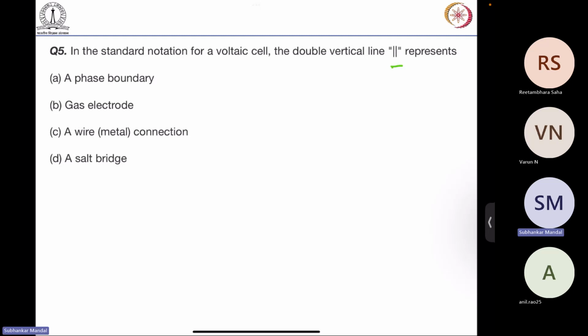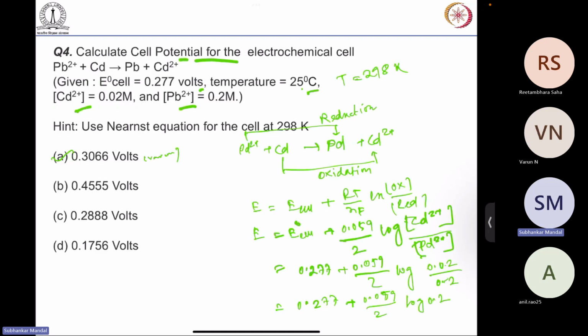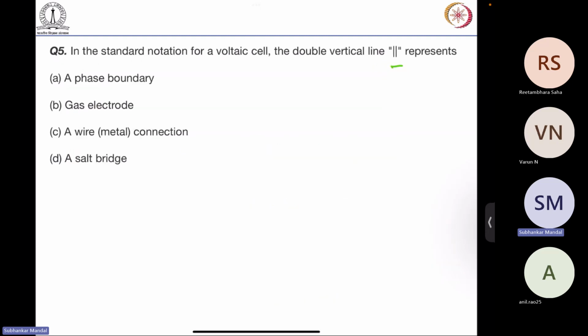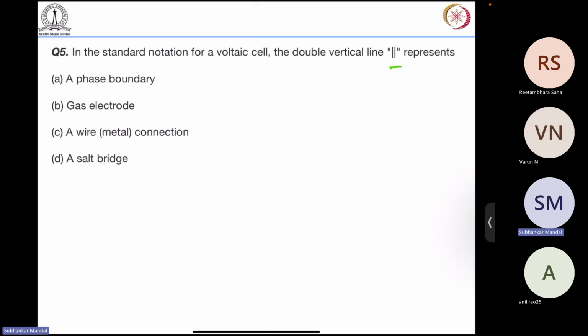So which one will be the answer? When there is some redox reaction, we present that redox reaction in cell presentation. If you see the previous one, if you write it in the cell presentation,